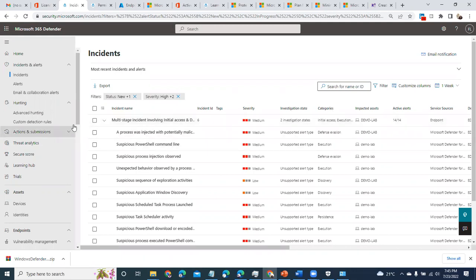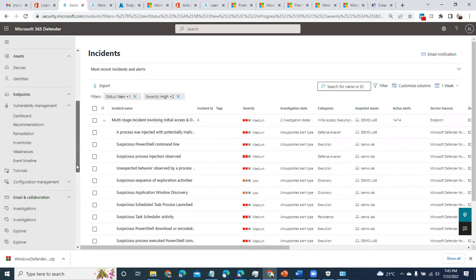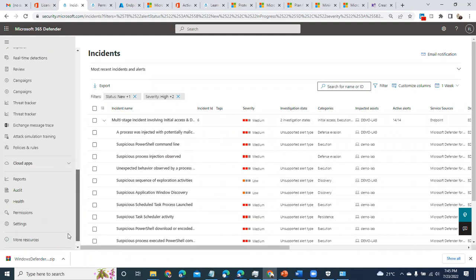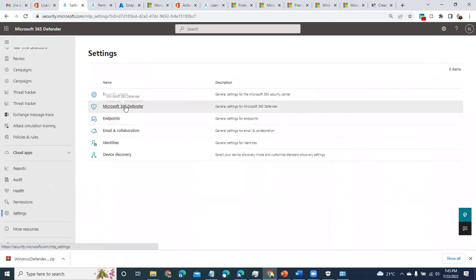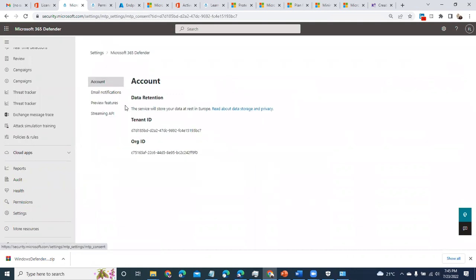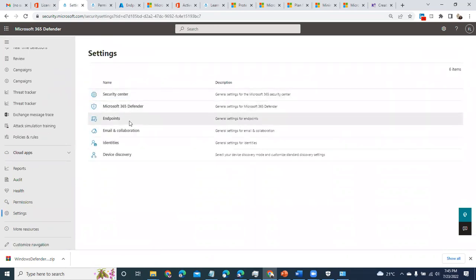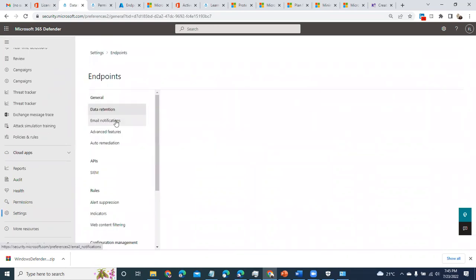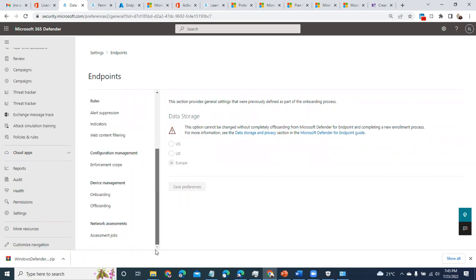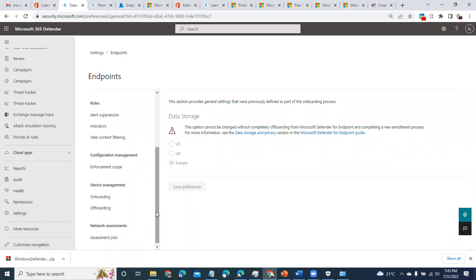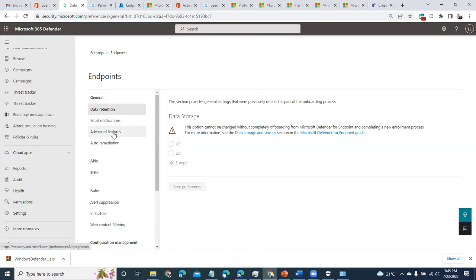One other thing that's important: when you're setting up your Defender for Endpoint and you come to settings, there are certain features that you need to turn on. You come to the advanced features.